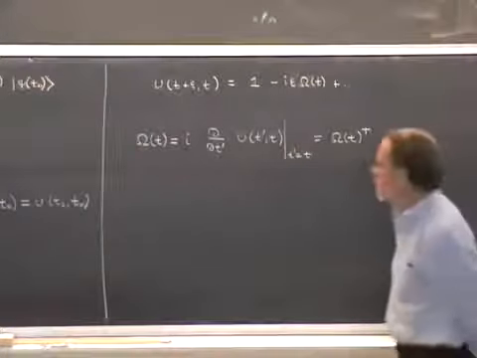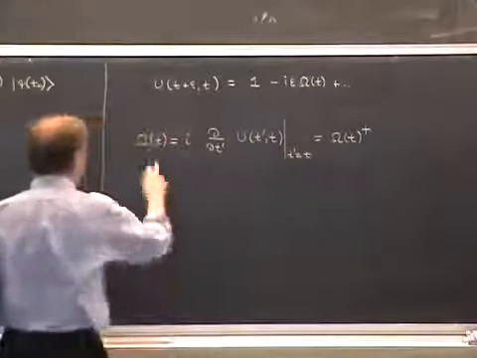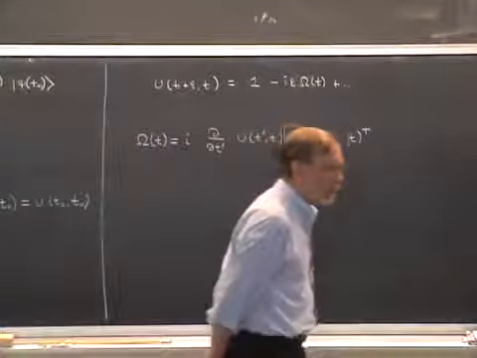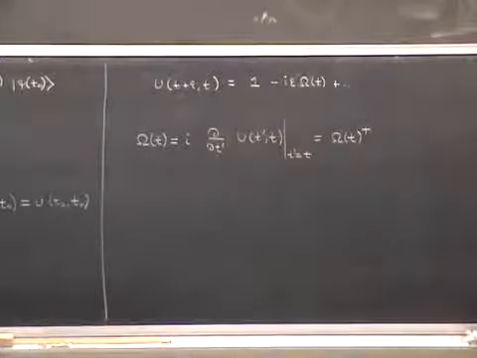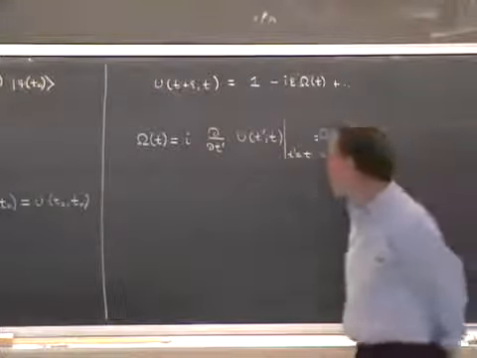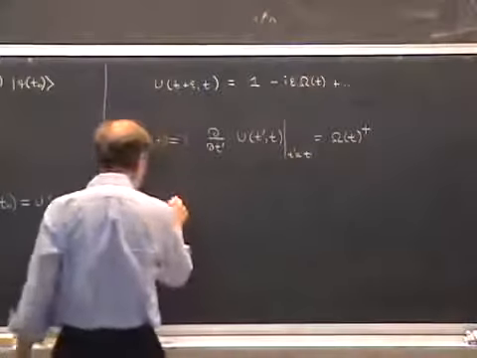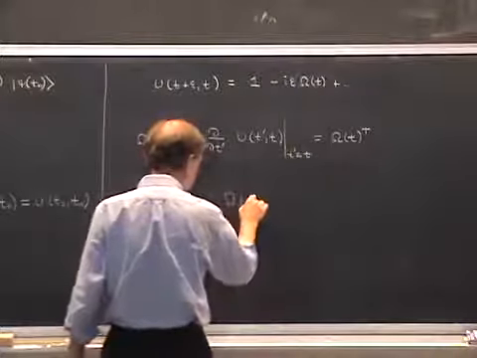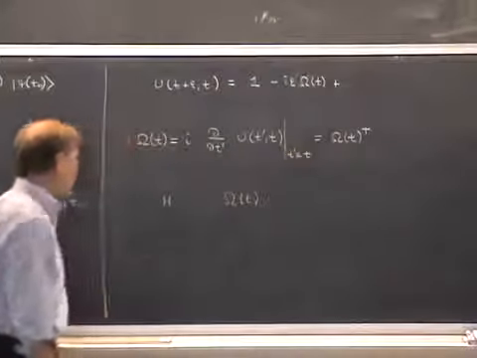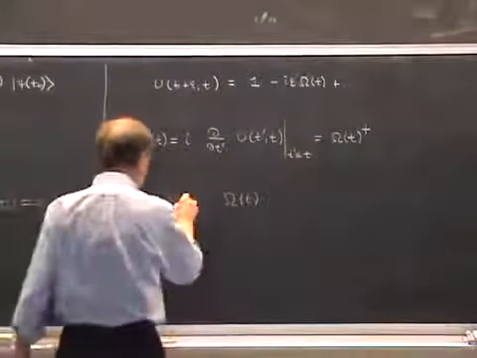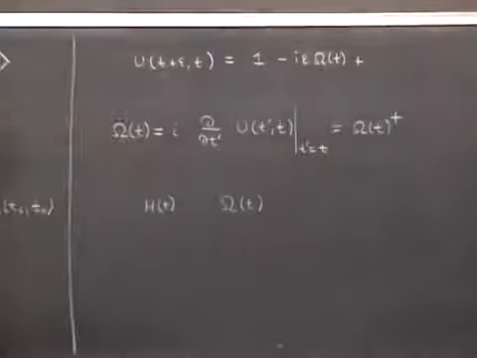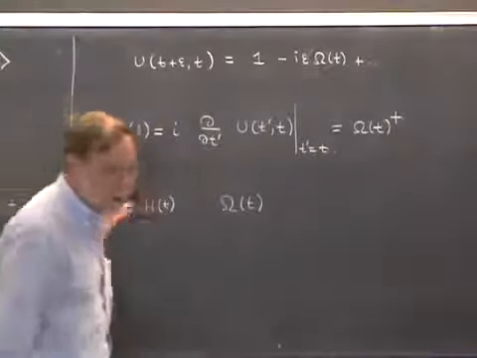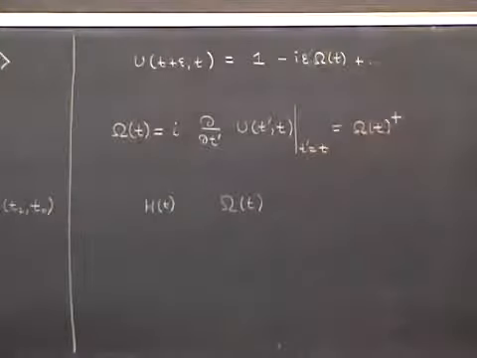And so for these reasons, we suspect that the operator omega, which appears here, should be closely related to what we would consider the quantum Hamiltonian. We haven't defined what a quantum Hamiltonian is yet, but if I call it H, just to give it a name, the idea is that H ought to be related to omega somehow. Omega depends on t here. Since it does, we expect that H will depend on t also. So the suggestion is that the proper definition of the quantum Hamiltonian should be some relationship between these operators.